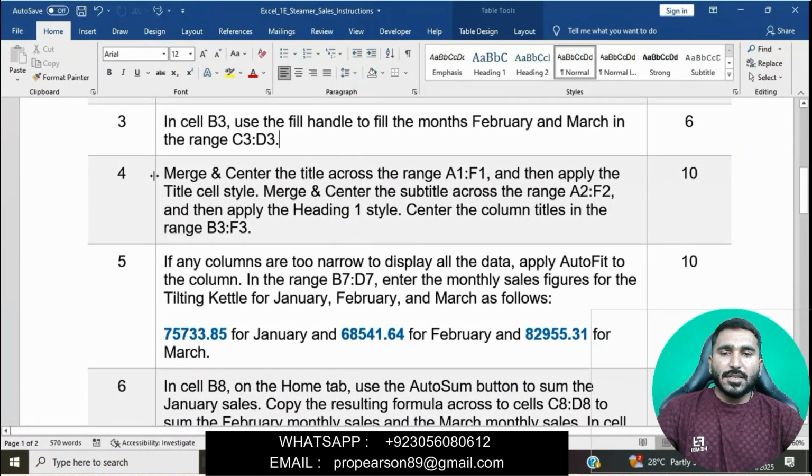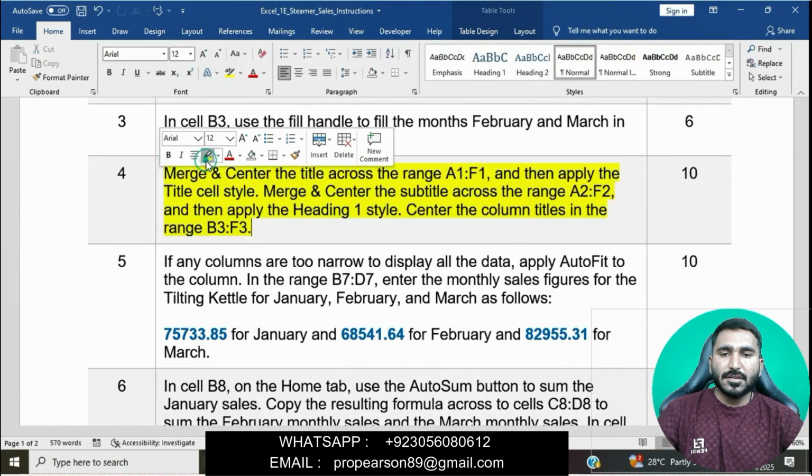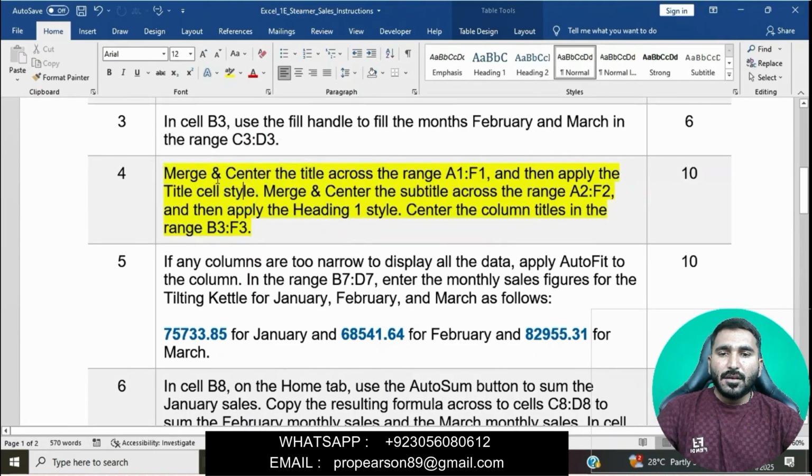Now moving on to question number 4. This question has 10 points. I will highlight this question first, then read it. Merge and center the title across the range A1 to F1 and then apply the Title cell style. Merge and center the subtitle across the range A2 to F2 and then apply the Heading 1 cell style.